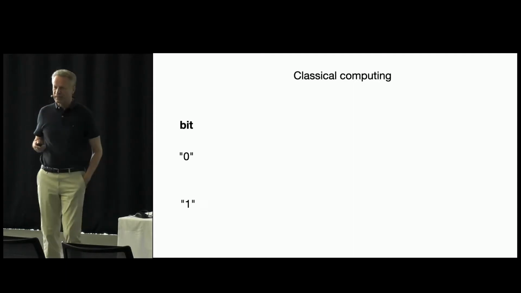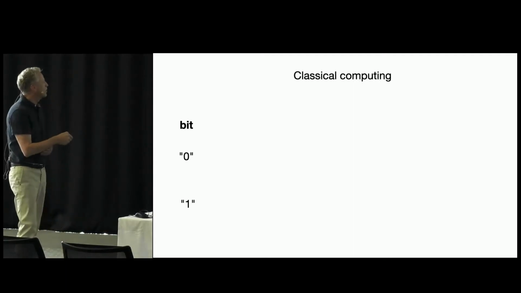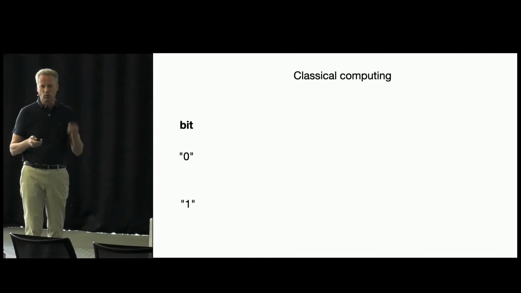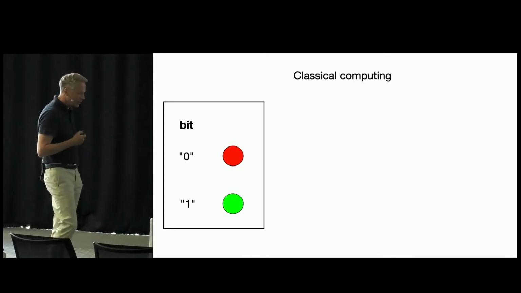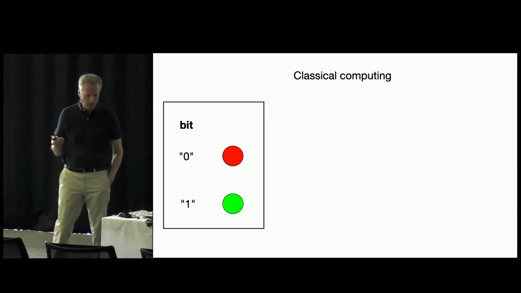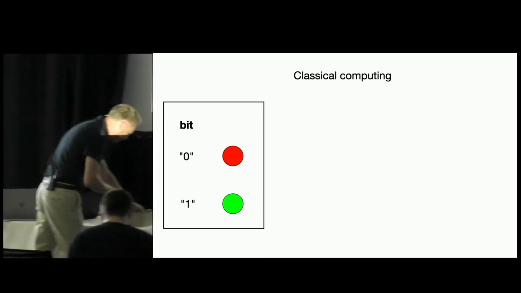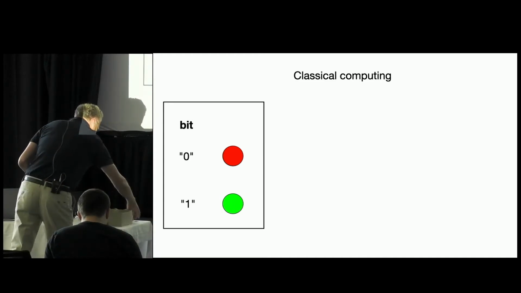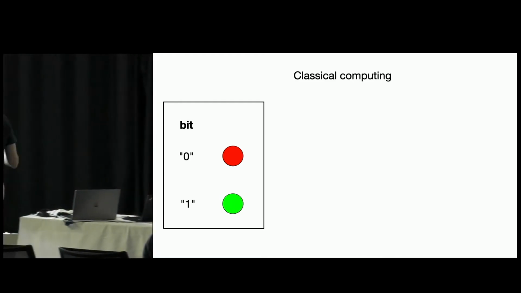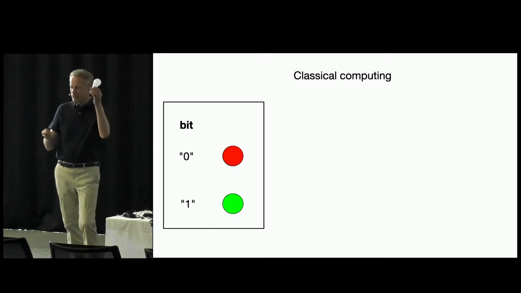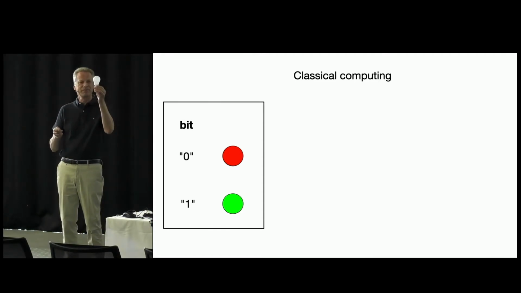Okay, so let's start with the classical bit. We all know it can only have two values, 0 or 1, and we can actually visualize that easily. For example, you could have a light bulb, and actually here, a light bulb. I can remotely control that. You could either use this